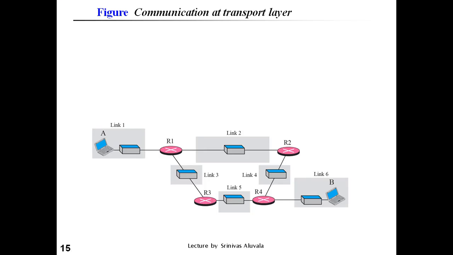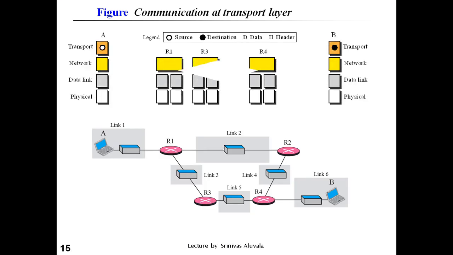And now look at the communication at the transport layer. As we have seen in the previous examples, the sender's message starts at the transport layer of the sender, and then it goes on moving to the network layer, data link layer, physical layer of the sender, and goes through the intermediate nodes, passing through the physical and the data link layers of all the intermediate nodes until it reaches the